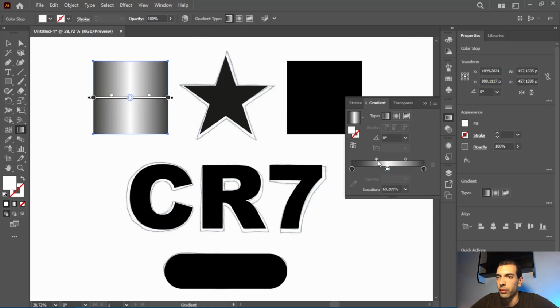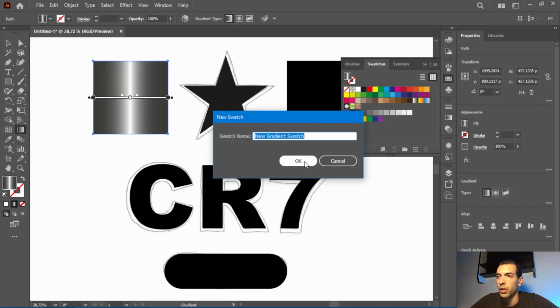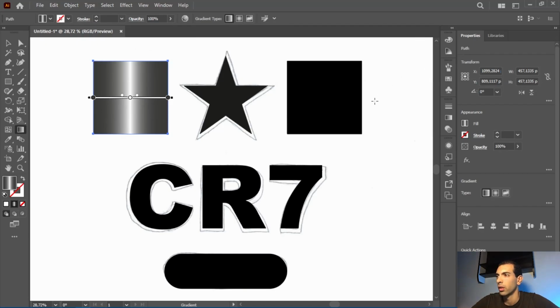I'm gonna move this gradient slider like this, and this slider like this. Now I'm gonna open the swatches, click new swatch, click OK, and just like that I saved the gradient inside the swatches. I'm gonna press Ctrl, access the selection tool, select this square now,